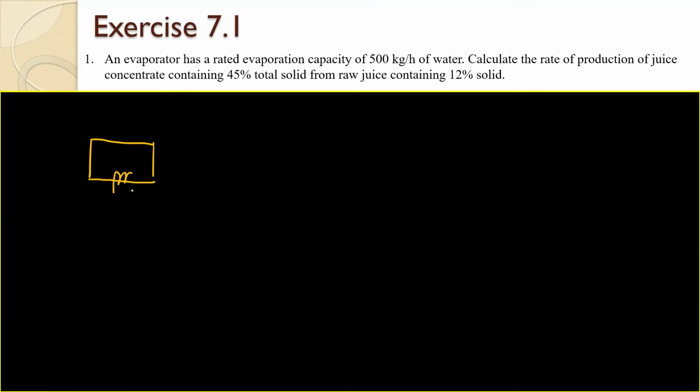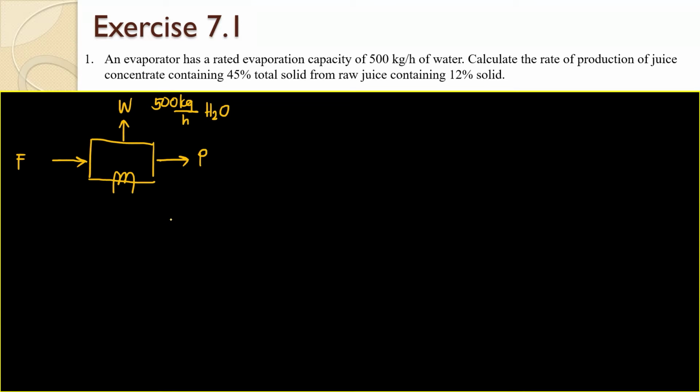So in this one, there's heating, something evaporates, of course, something is being fed, and then you will create your product. So here you have your feed, water evaporates, I can write there W, and I have the product. Now, what are given? Water evaporates at a rated capacity of 500 kilograms per hour, H2O.